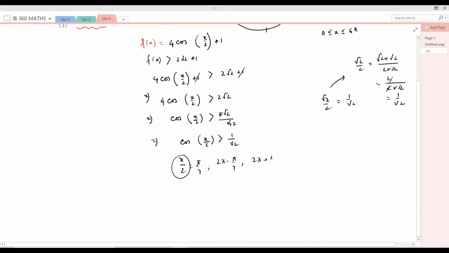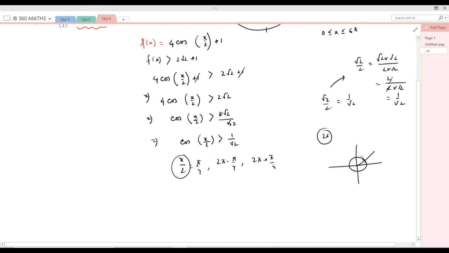So how am I getting this? If this is a 360-degree angle rotation, and if it is pi by 4, then the period, that is 2 pi, the cos period will be 2 pi. So again, after rotation of 2 pi, I will again have pi by 4, and after rotating it again 2 pi, then in the negative direction pi by 4 will be there. So ultimately I am getting 3 angles.